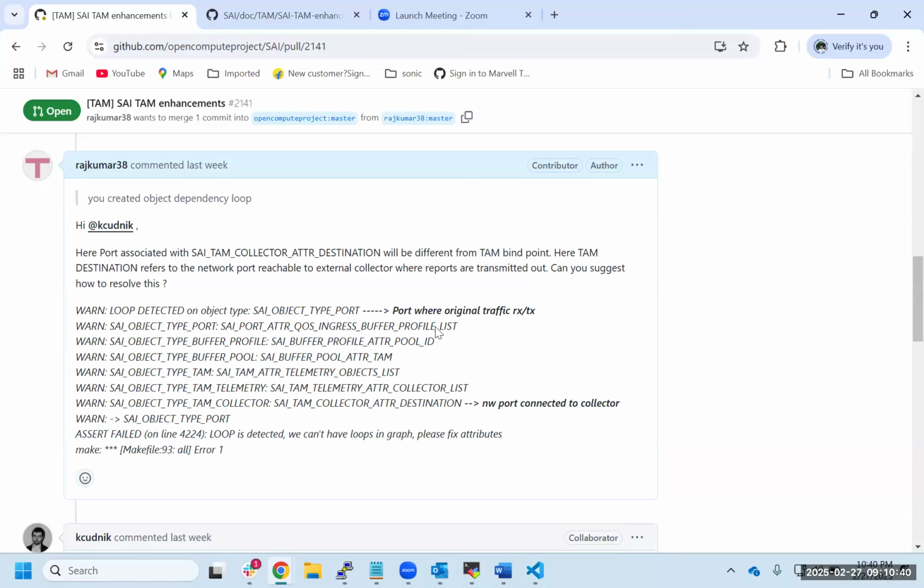So the port is identified by the lanes, how many lanes you have connected, like 1, 2, 4, or 8 lanes. Each lane is unique over the entire switch. So if the port is actually matched, and if it has a loop, then that doesn't matter because the port is already matched, since it's exactly the same port.